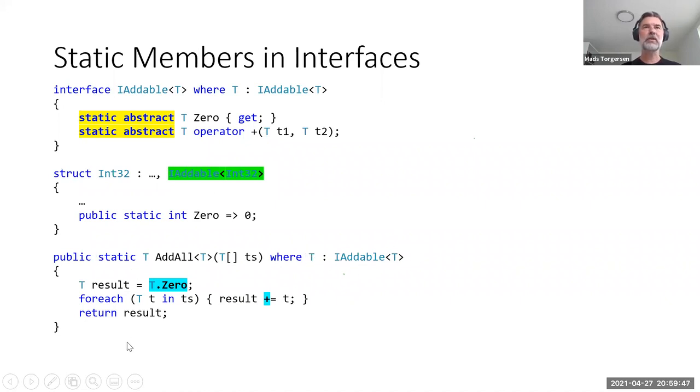And inside of that generic algorithm, I can now reap the benefits of this feature by using the static members, and including the Zero property on T, and plus between Ts now becomes available. So if I go and call this, for instance, on an array of ints, then we're going to infer the type argument int. For AddAll, we see that int satisfies the IAddable of int constraint because of what it says up here. And now I can call this generic